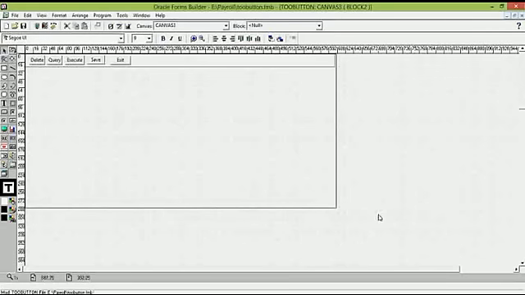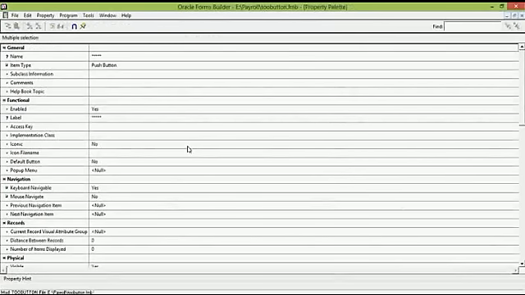Now let us see what the output is. Here we need to do one more thing.